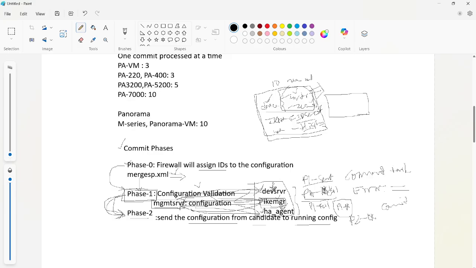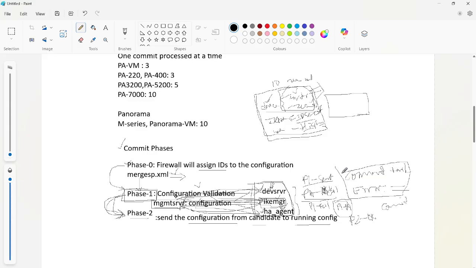I told you, if you send changes with respect to three daemons and something is wrong, that particular one will send an error message, and the others will send a success message. The management server will send P1 okay when every daemon sends a success message. If any one of these daemons sends an error message, it will be P1 fail. If P1 fails, the commit will fail.